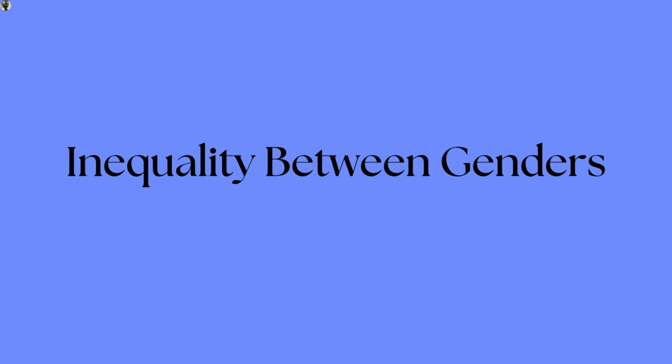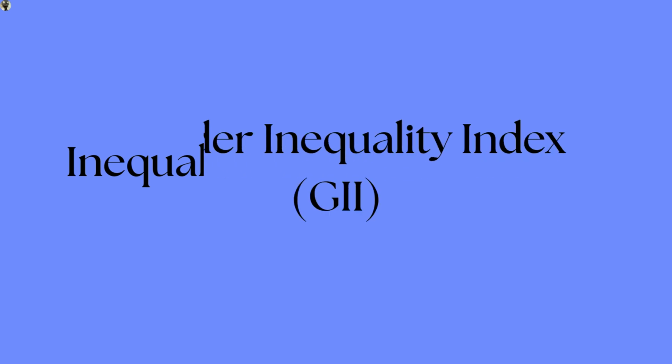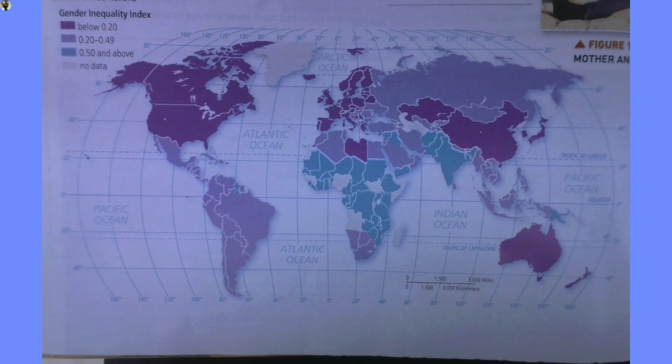So far, the UN has not found a single country where women are treated as equally as men. GII measures the gender inequality in three areas: reproductive health, empowerment, and the labor market. The higher the GII, the greater the inequality. Here we can see the general regions with the highest GII, highlighted in blue, also had the lowest IHDI, the regions being Sub-Saharan Africa and Southern Asia. The ones with the lowest score, dark purple, also had the highest IHDI, namely North America and Europe.